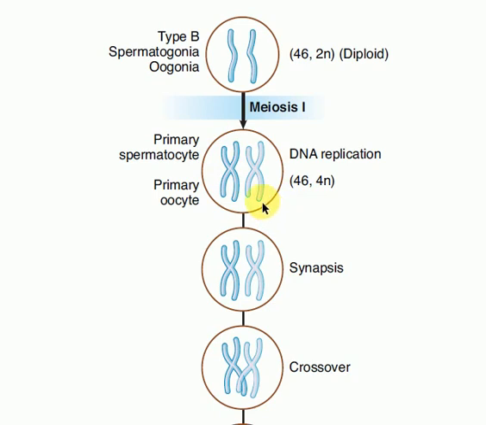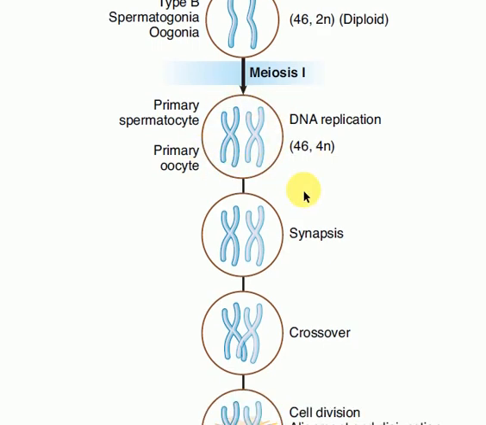The primary oocytes enter the first meiotic division and they reach up till the prophase of the first meiotic division, and then they get arrested. They are frozen there in time, and they stay there in that state until puberty. Now at puberty, one of these primary oocytes